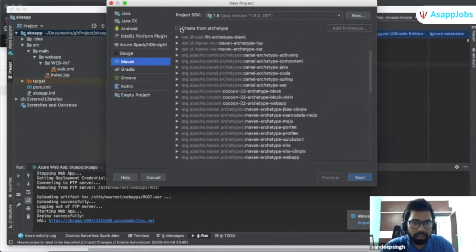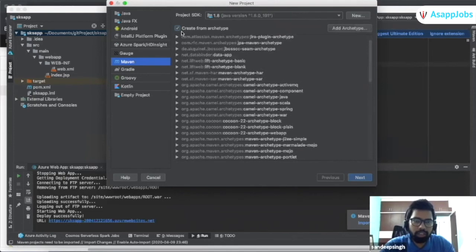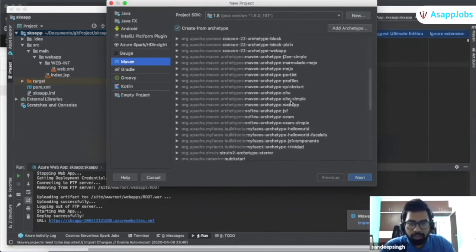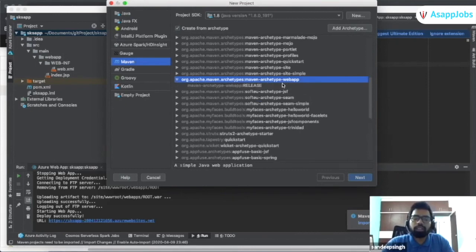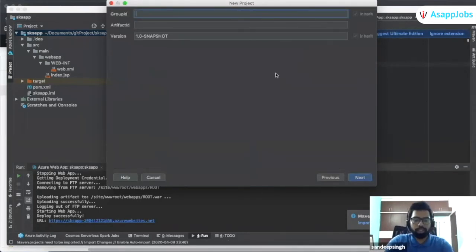One second, let me create from archetype. This should be a checkbox. Yeah, this is the one. Maybe you can see org.apache.maven.archetypes, and the archetype is maven-archetype-webapp. So this is the archetype web app. Whenever you do next, you can give a group ID, like com.sks or something similar,